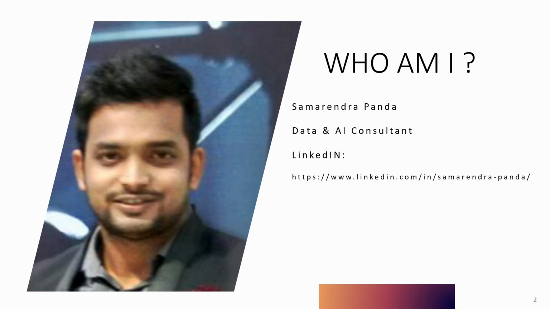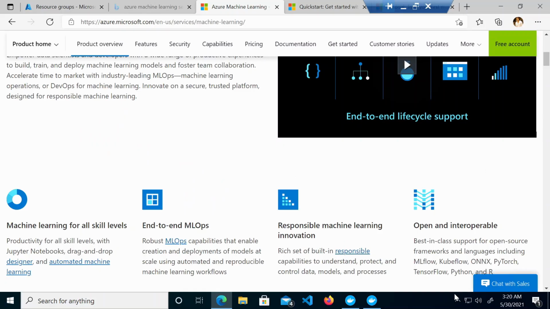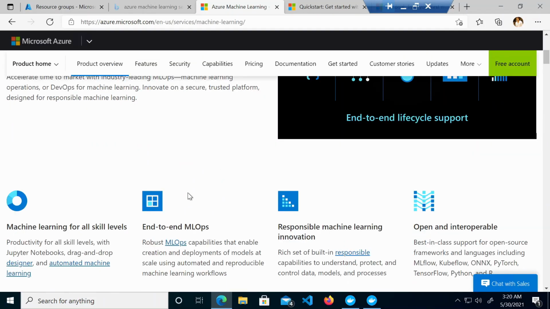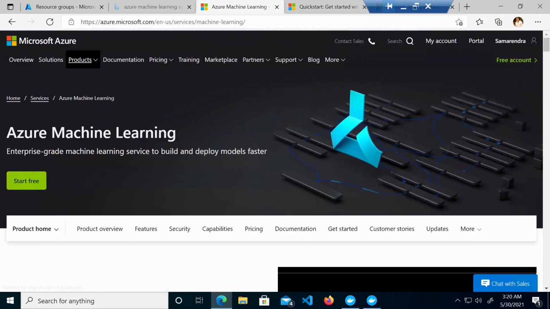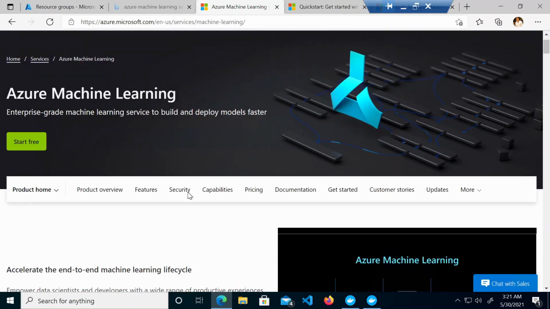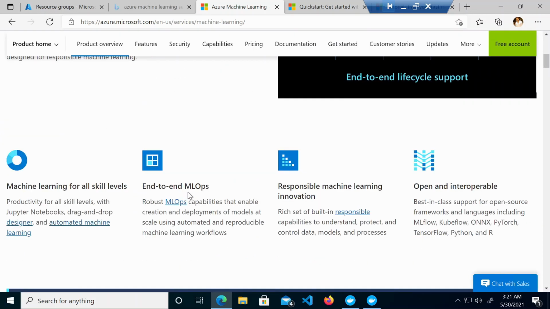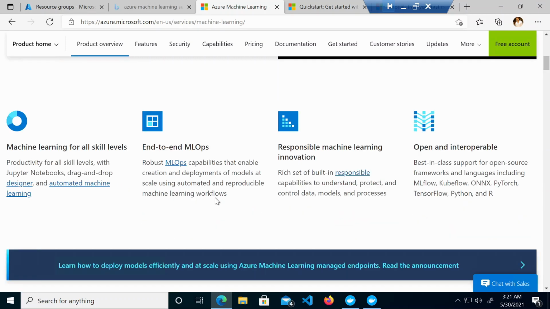Now, if I just go to the official documentation page, we'll be able to understand why this service is being used. Mainly, the part which I'm going to talk about is the end-to-end MLOps. What is MLOps? It is basically operationalizing the machine learning pipelines.